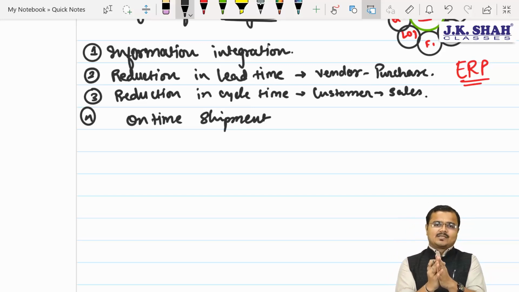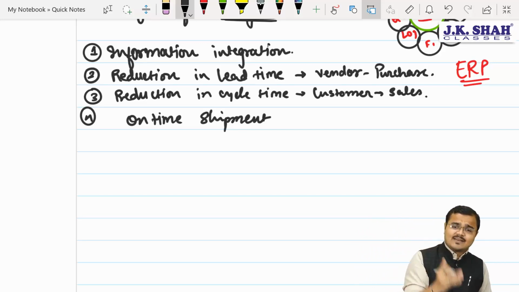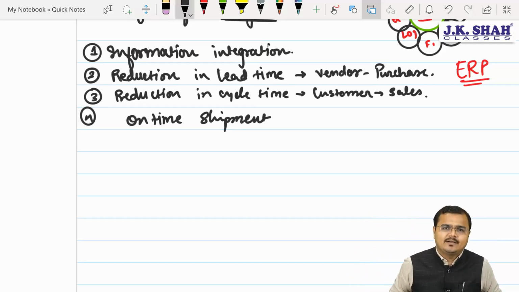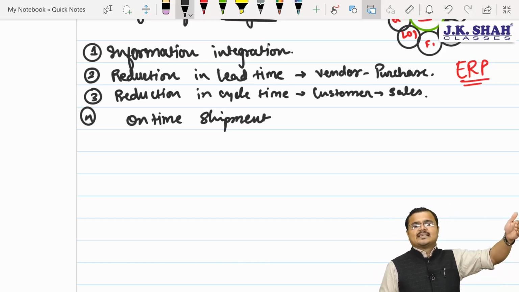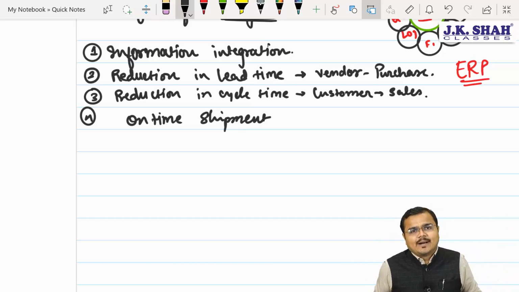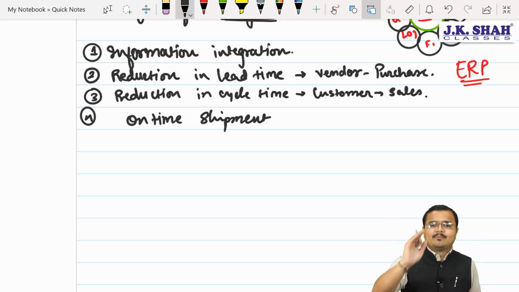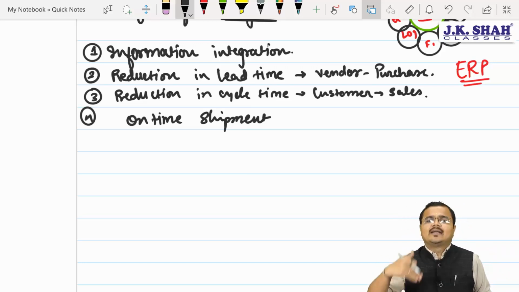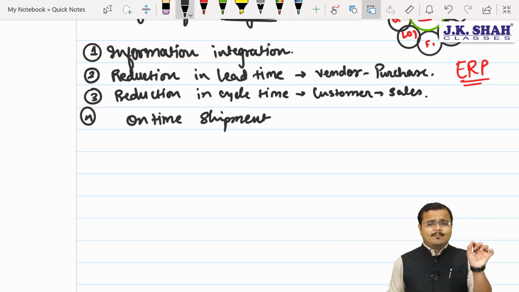So suppose Mr. B today placed the order with me. It will be immediately checked with my inventory. If it is available, I'll make the arrangements for delivery immediately. Based on the calculation, I'll indicate the delivery date to Mr. B. If it is not available right now in the inventory, automatically this will be copied to whom? To the production department. The production department will identify the best way to produce that product, and the date by which they will be ready with the production will be given. Based on that, again the calculation will be done, and I'll give the proper date to Mr. B. That ensures what? On-time, proper shipment.